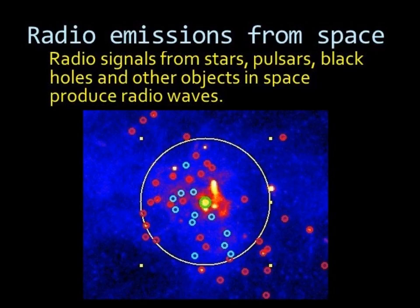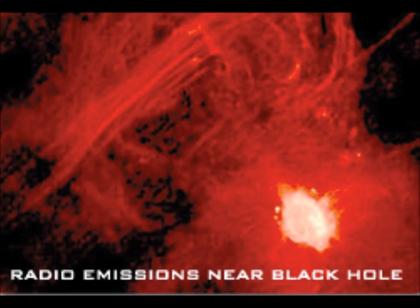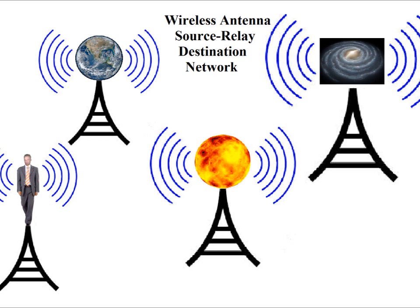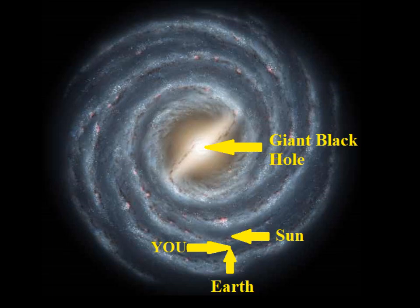The system I described earlier of electromagnetic fields inside electromagnetic fields, radio signals inside radio signals, is a mirror image of the dynamics of what is called a source relay destination system, with ourselves, the Earth, the Sun, and the black hole at the center of our Milky Way galaxy appearing to be the primary components of the source relay destination system,